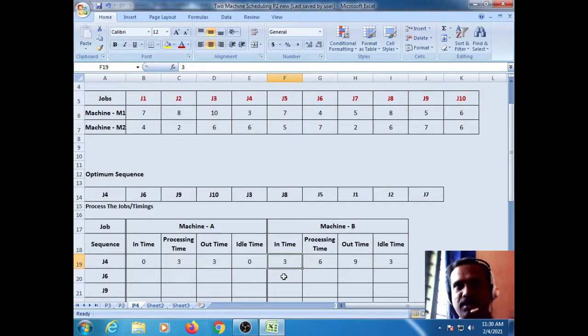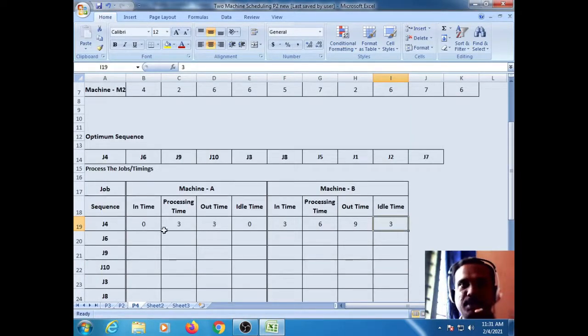Okay, the sequenced work. So job 4 we processed on machine A. After the 3rd hour we forwarded it to machine B. Then at the 3rd hour we started processing the job on machine B. So before the 3rd hour, those 3 hours are waiting time for machine B. What has it waited for? It has waited for the work. This is the first job, so that's why machine B has waited. So for this idle time, we have to take 3 here.